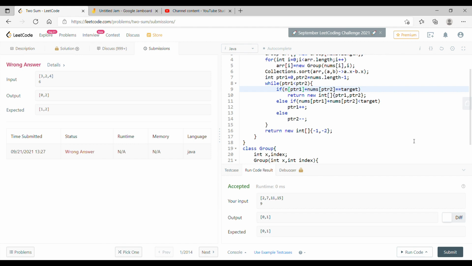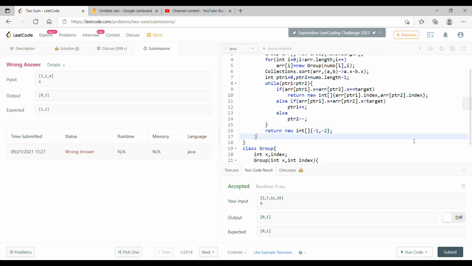So not nums, we have to use arr ptr dot x, and here also use arr ptr2 dot x, and we'll just return arr ptr dot index, because we need to return the original index, and here also arr ptr2 dot index, so we'll return the original index, and else here also we need to change that, so dot x, and here also dot x. Okay,